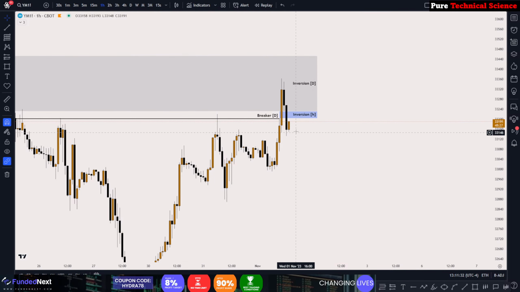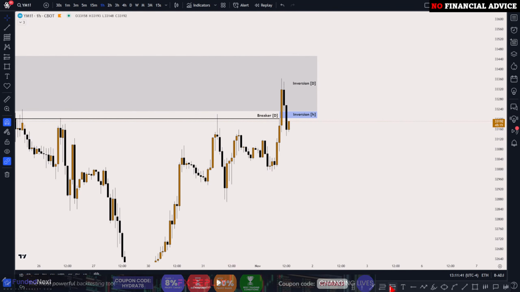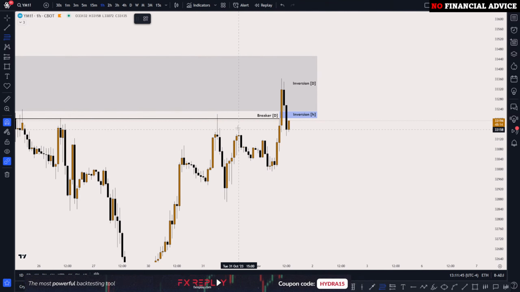But we'll still watch where price is building liquidity. We do have these relative equal lows down here, but we also have these order blocks here. Okay, so what I'm gonna do, as it's a higher time frame and I'm trading on 1 minute and 30-second chart, so what I'm gonna do, I'm gonna mark